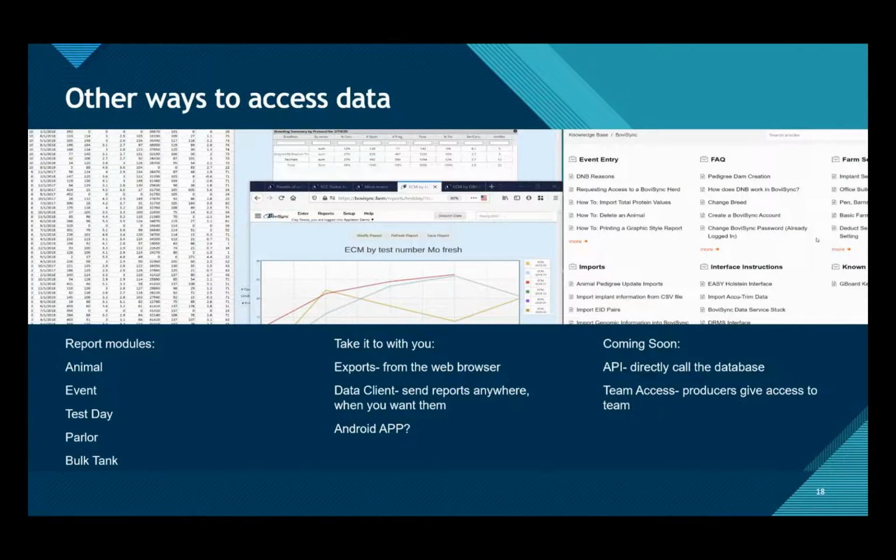So today we just covered basically the animal and event modules of the report system. We have the ability to do test day data, parlor data, and bulk tanks, and you can take it with you. You can export from the web browser into Excel. You can do downloads to any computer with our data client,